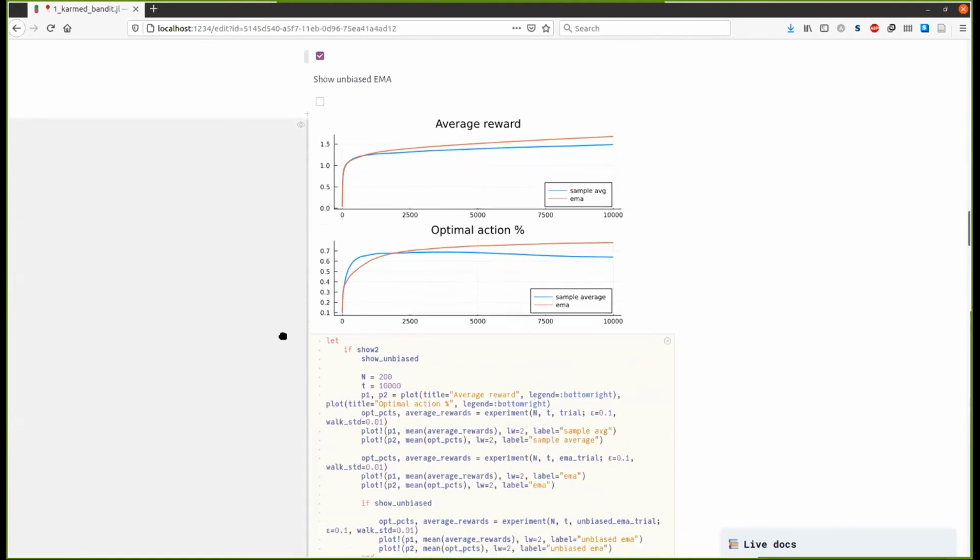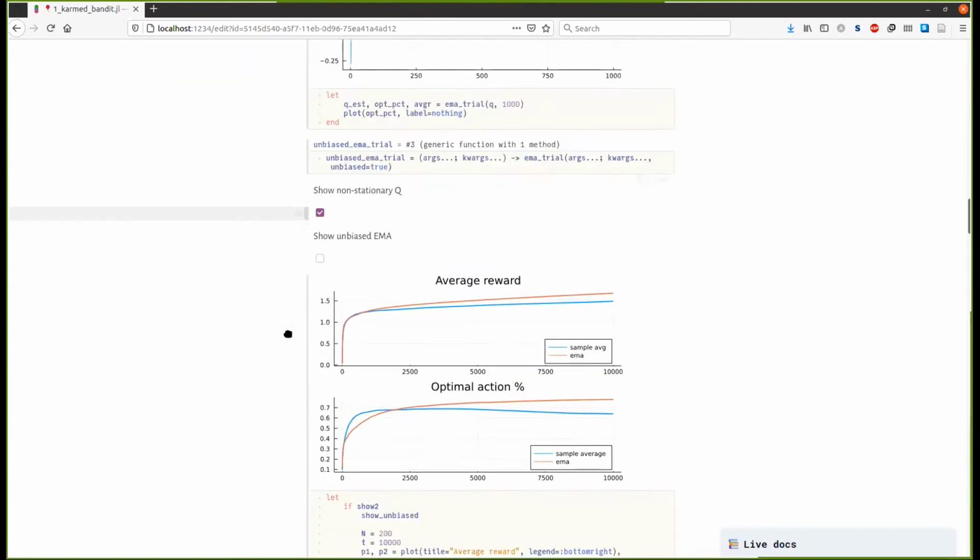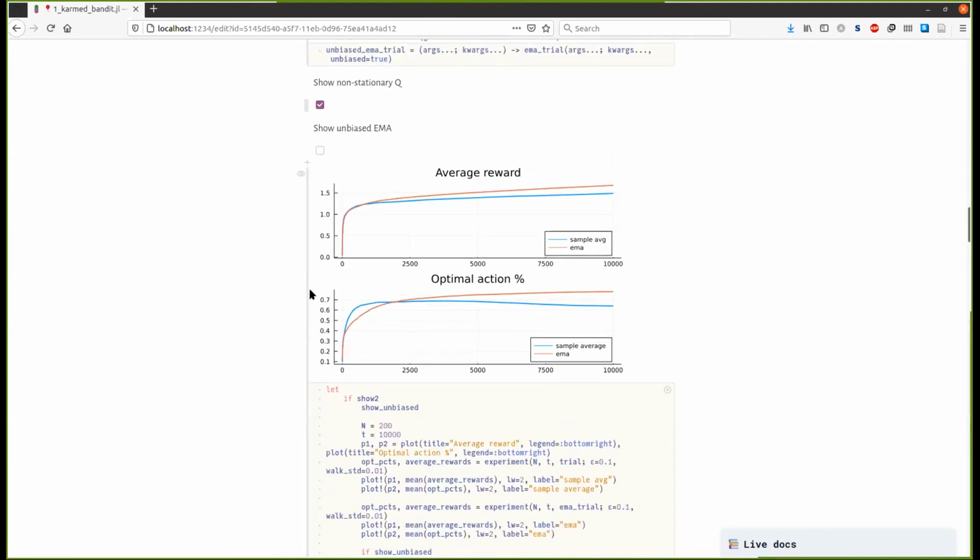So this is exercise 2.5 from the book, where he says to run the simulation for 10,000 steps. As you can see at the beginning, this approach, when we do a sample average for reward estimation, works better, but in the case of a non-stationary problem,